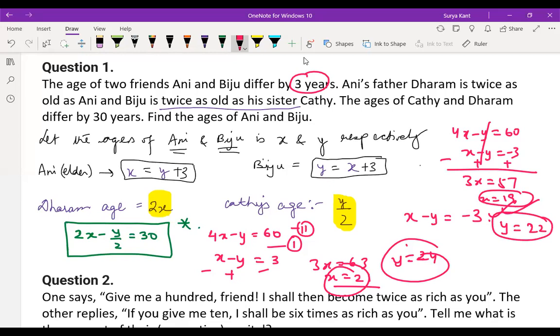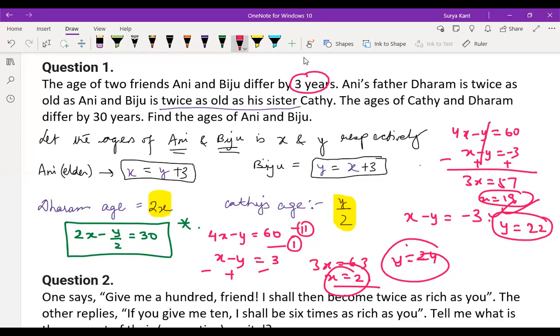So there are two situations coming, right? Both chances will be there. Both are correct only then. Now 19 and 22, and then the next is what? Sir, 21 and 24 is correct. Why 21 and 24? Is 19 and 22 not correct? No, sir. Why? Because it's given in the NCERT solutions.